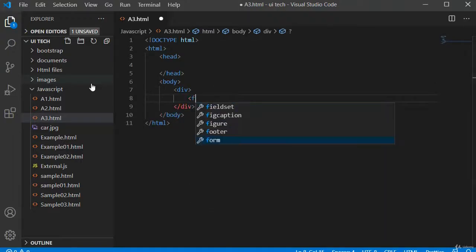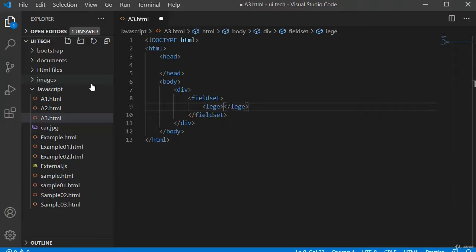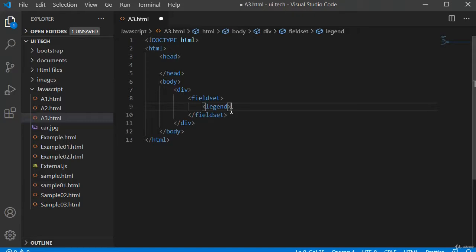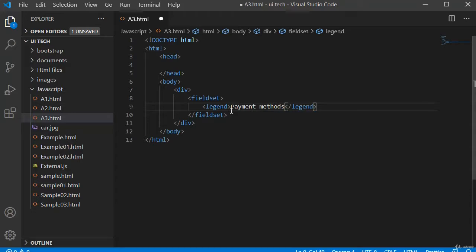Inside this div tag, I will use a fieldset. Inside we have a legend tag. I want to write payment methods.